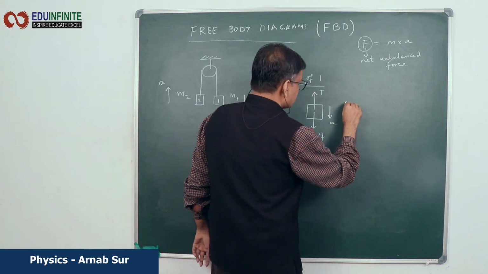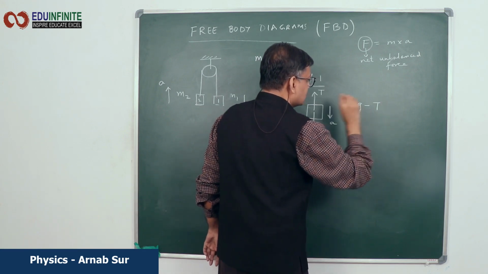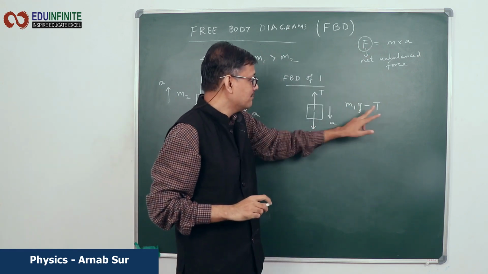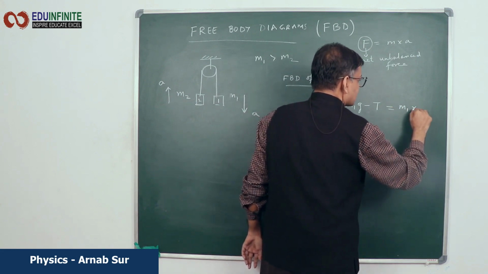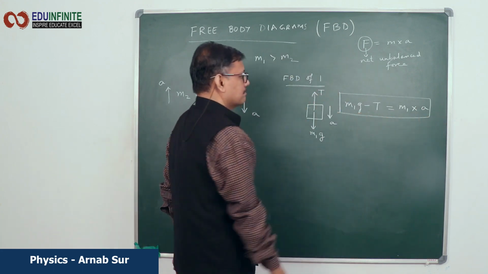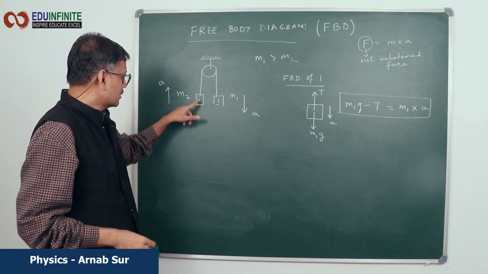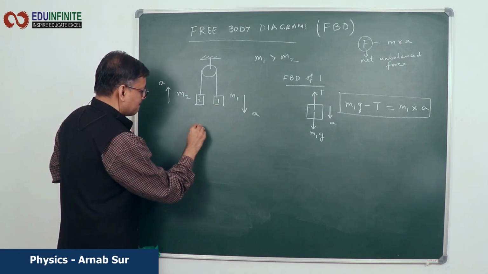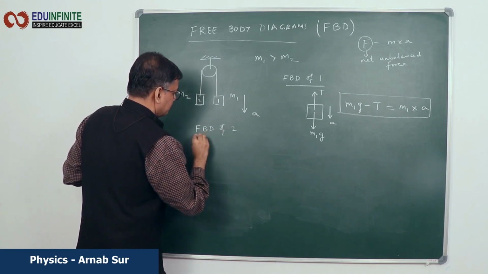So what is the net force in the downward direction? It will be M1G minus T, the net unbalanced force. So F should be equal to mass, here M1, times acceleration. So this is my fundamental equation, and this is for body 1. Now if we do the free body diagram of body 2,